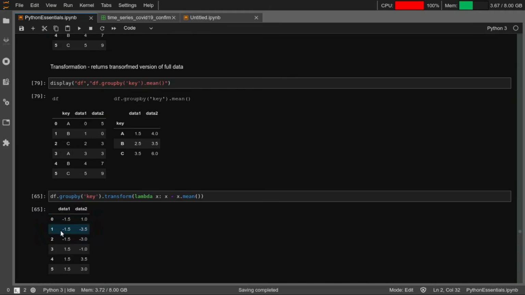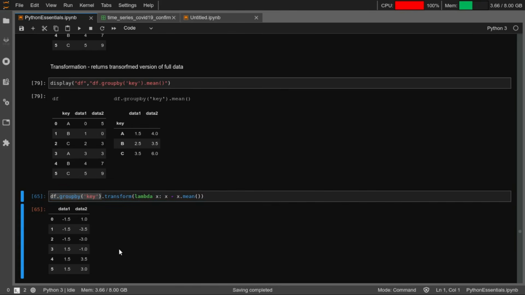So what you have done here is that from each value you have subtracted the mean. This lambda is a Python way of implementing functional programming. So for each x it will subtract that key's mean from it.